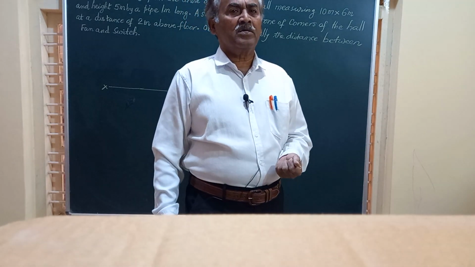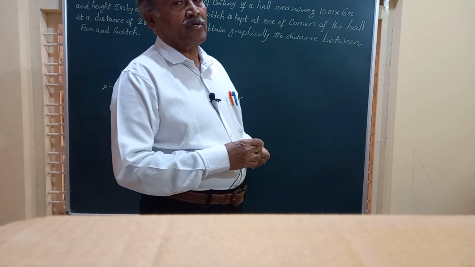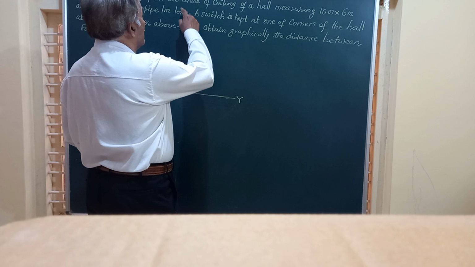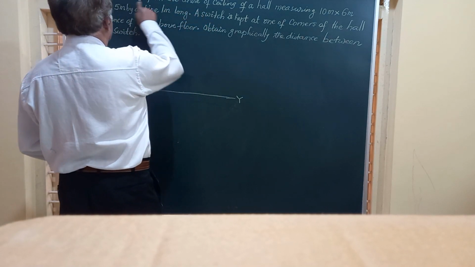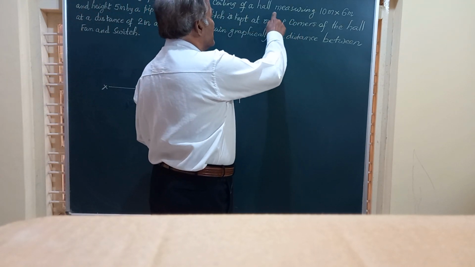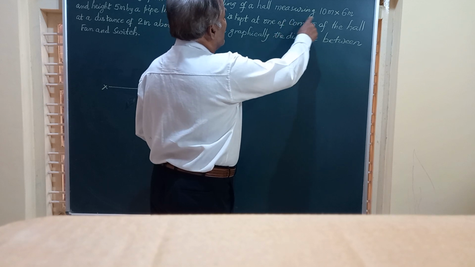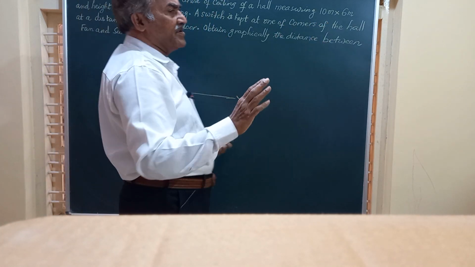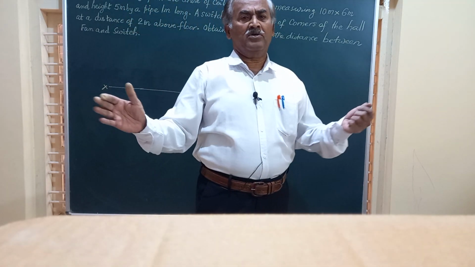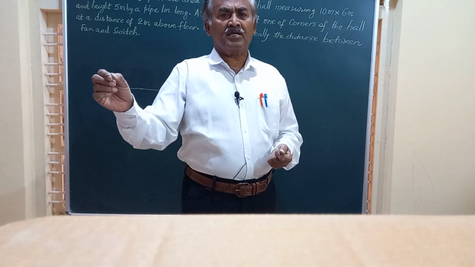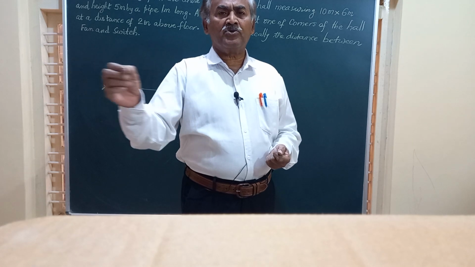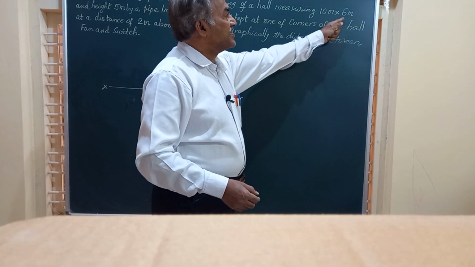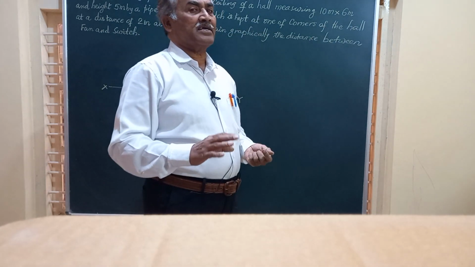Friends, in today's video, we have a problem where a fan is hung from the center of a ceiling of a hall measuring 10 meter by 6 meter and height 5 meter. There is a hall with length 10, width 6, and the height of that building is